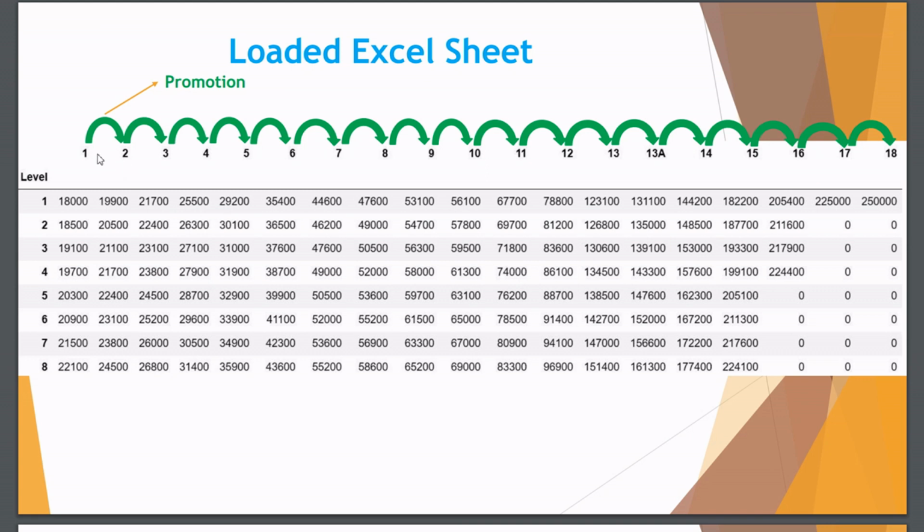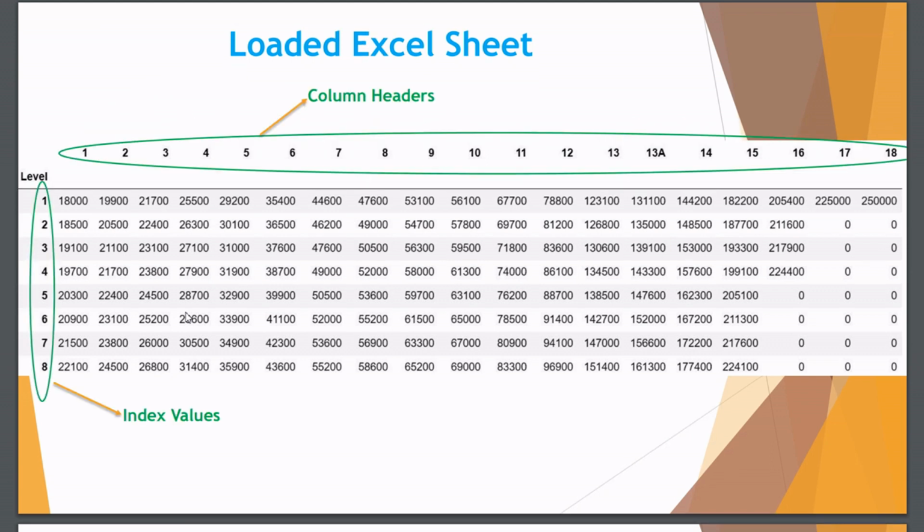And if an employee has not been promoted, he continues to be in level 1, then it means that each year his salary goes from 1 to 2. That is, his salary increases along with the rows. So these are the index values of my data frame, and these are the column headers. The column headers basically represent promotions, and the index values represent the annual increment. So each year, let's suppose that an employee is in level 5, he goes from 29,200 to 30,100 and then